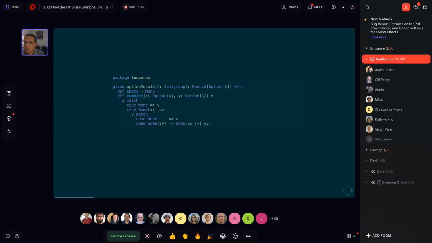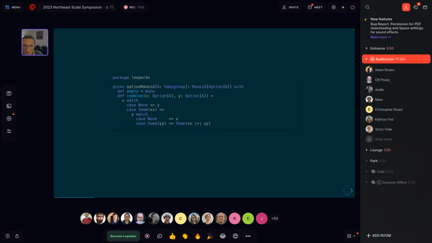We can define type classes inductively, right? So here is a typical definition of a monoid for option of A, anytime A itself has a semigroup instance, right? And all this monoid does is say when both values are defined as a sum, we'll return the combination of those two values.